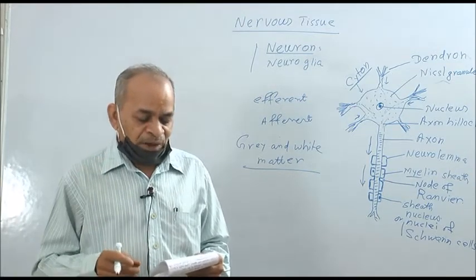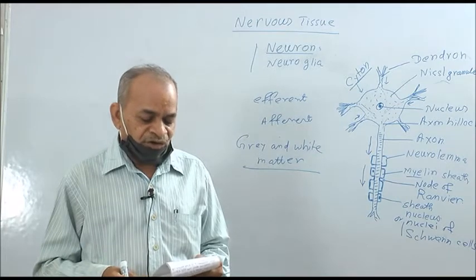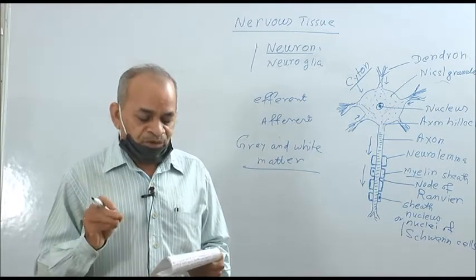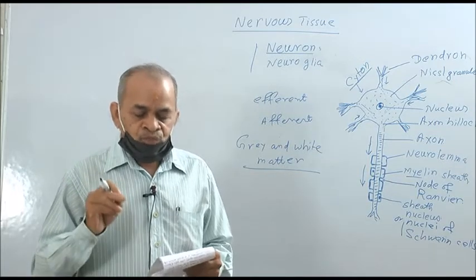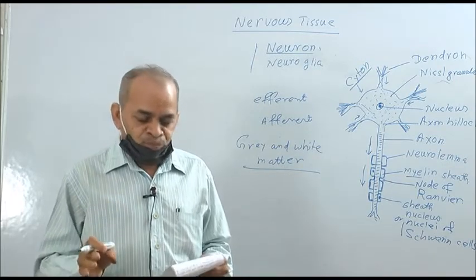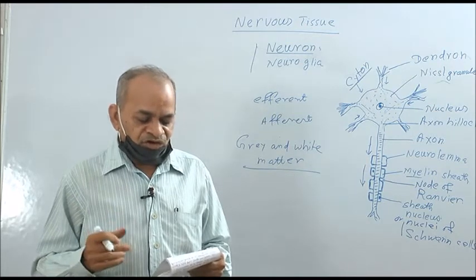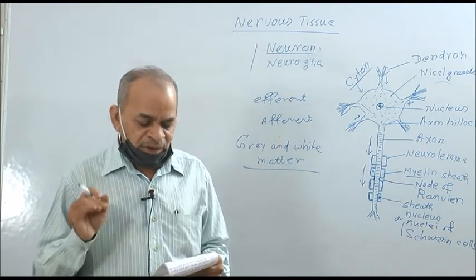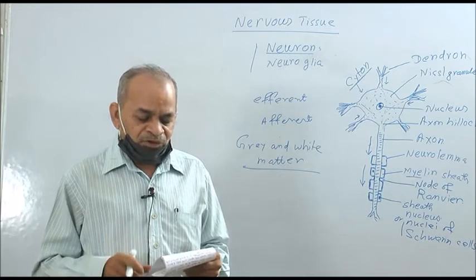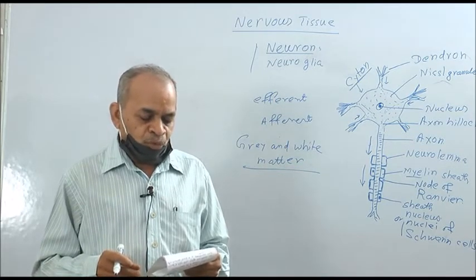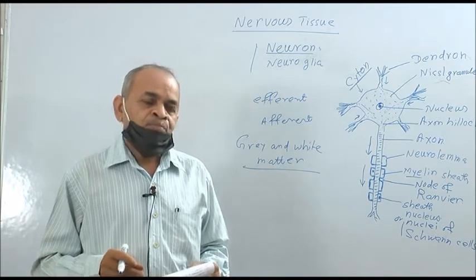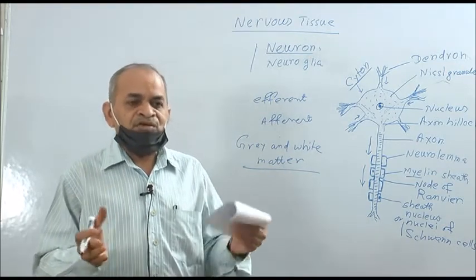The afferent fibers arising from the surface receptors, which include eye, ear, nose, skin, etc. These are the surface receptors. So the afferent fibers arising from the surface receptors are called somatic sensory, somatic meaning from the body